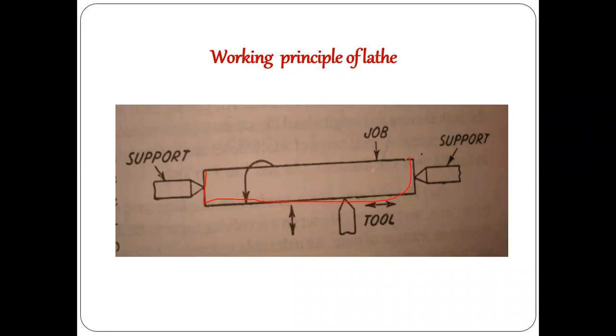When it is rotating, we have a cutting tool. The cutting tool is perpendicular to the workpiece. The cutting tool removes the material. When the cutting tool interacts with the workpiece, it removes material. It starts from here. Initially it is here, and it has penetrated some distance. At this particular point, the material starts being removed.